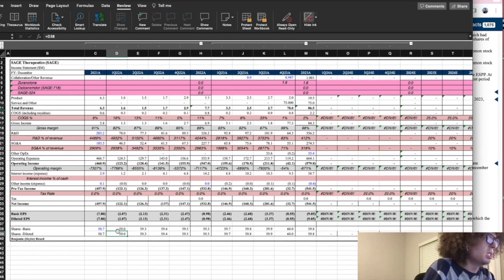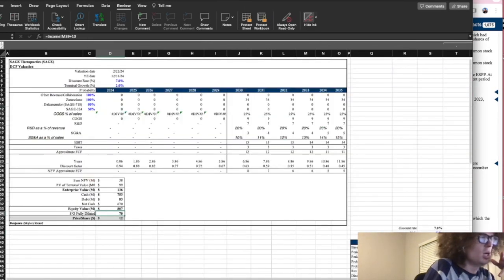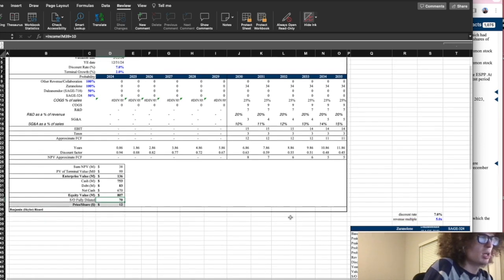They're just going to report the basic and dilutive as being the same, but in reality, the number of dilutive shares, if this company were to become profitable, would be 10 million. So it's a little bit less, like 9.3. I just went ahead and added 10 here to my evaluation tab, because this will pull the most recent shares fully outstanding diluted. You've got to make sure the dates and rights are set when you do this, but this will pull that. So we're adding that 10 million dilutive shares. Everything else fills out kind of automatically,